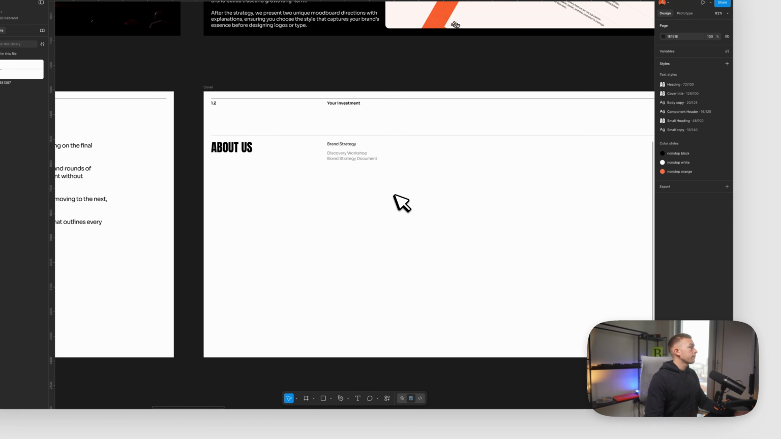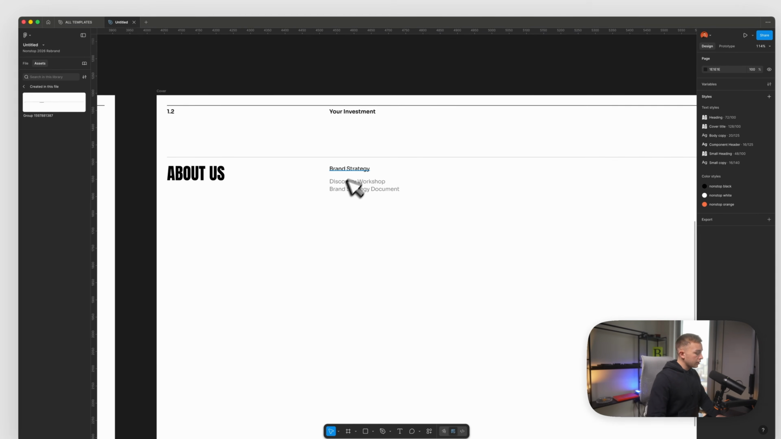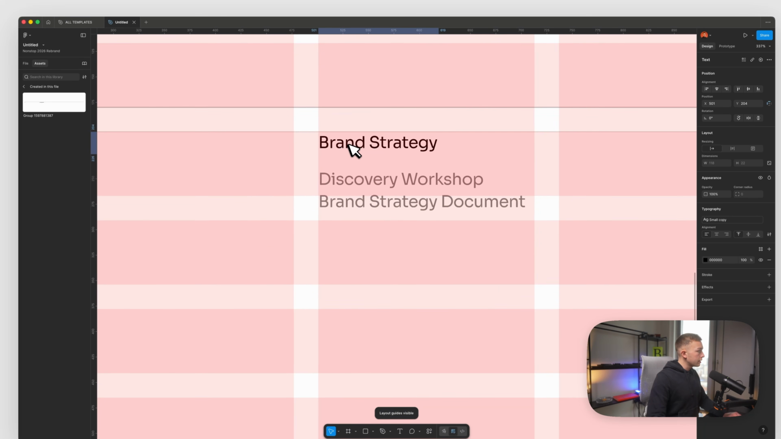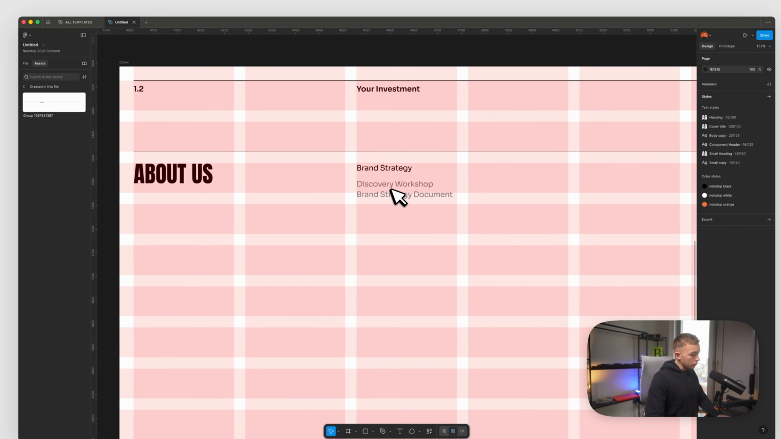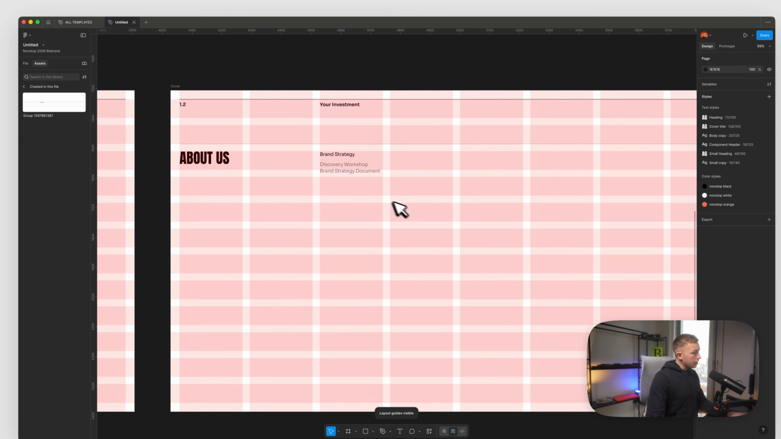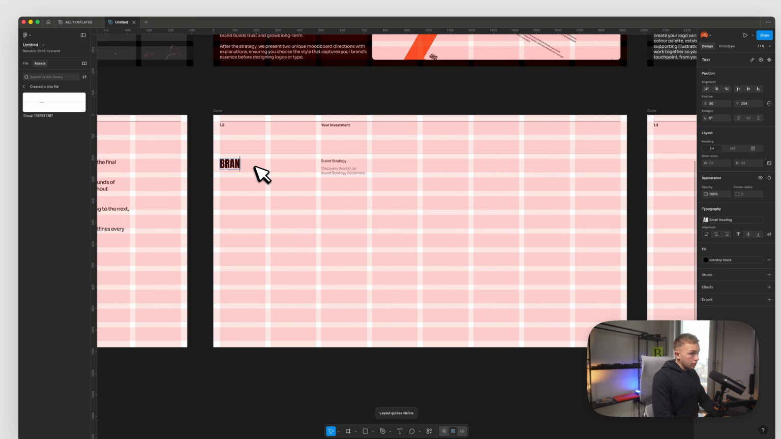There we go. And then we'll just make sure it's aligned to the top corner, which it is. And then we'll go for 12 down, which is half of 24 to keep it consistent. Now, in line with this,